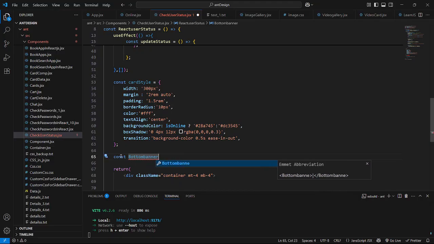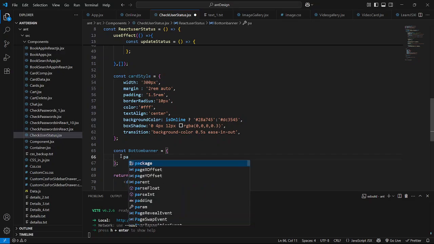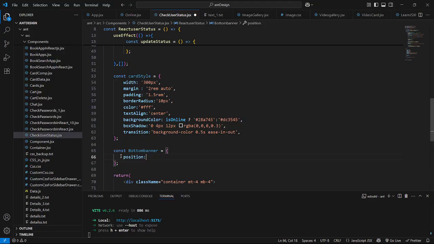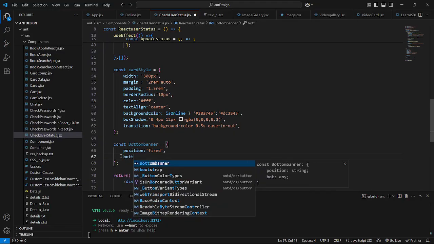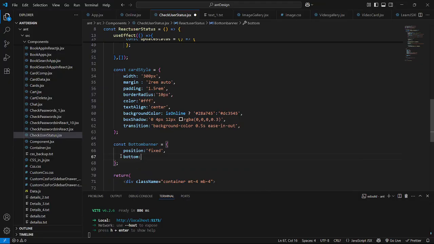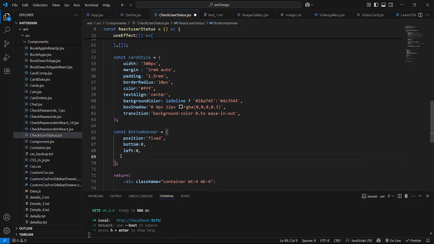Okay, bottom banner is quite good. Give equal to open and closing curly braces, close this, and now let me just say here position. So position I'll just give here fixed, because I have to fix the banner into the bottom of the screen, so I'll just give here bottom 0. I'll give here the left also. I'm very sorry guys for my voice today, and I'll just say here width of 100 percent, and I'll just